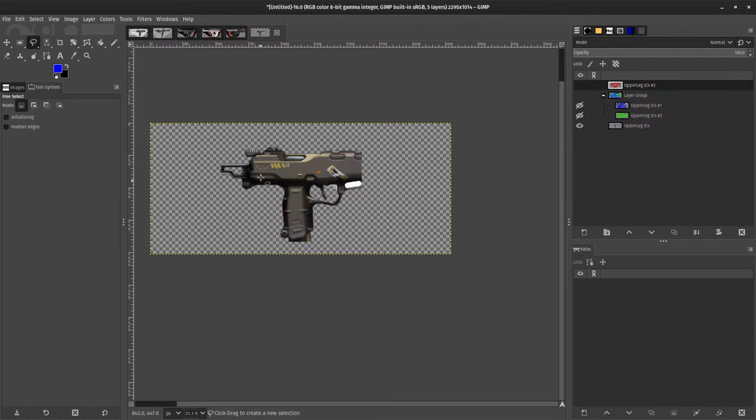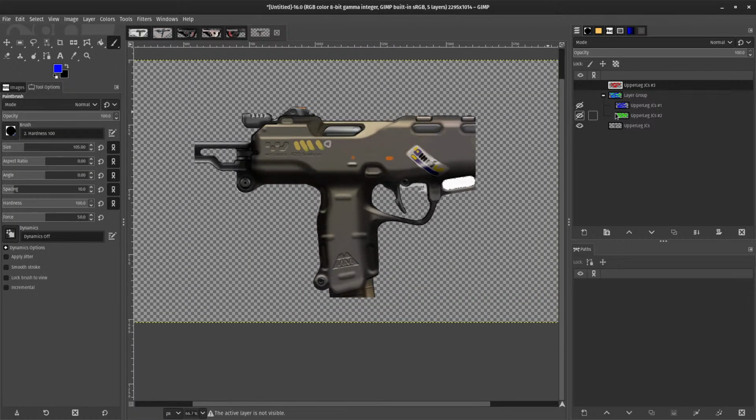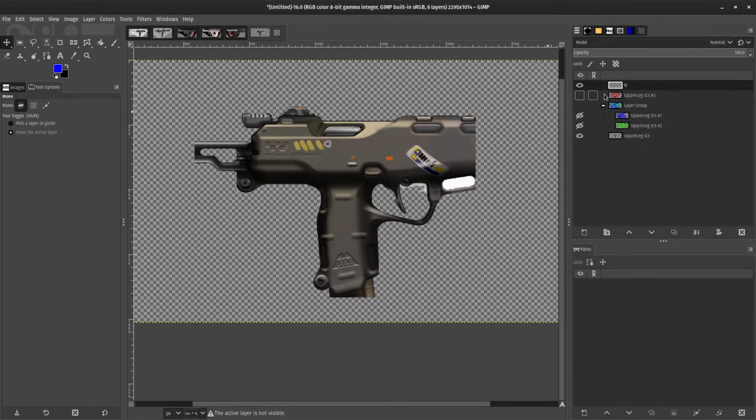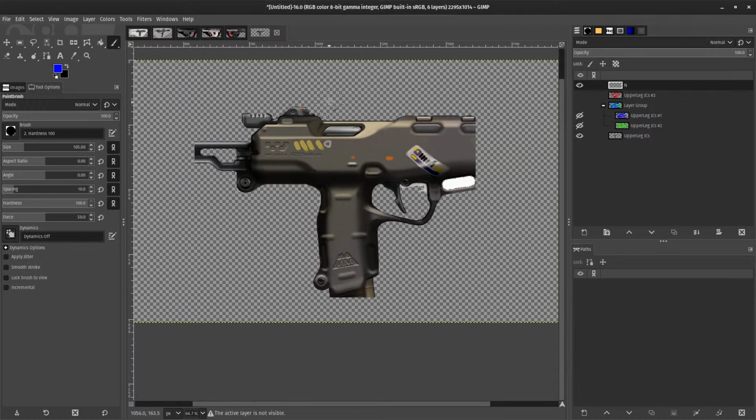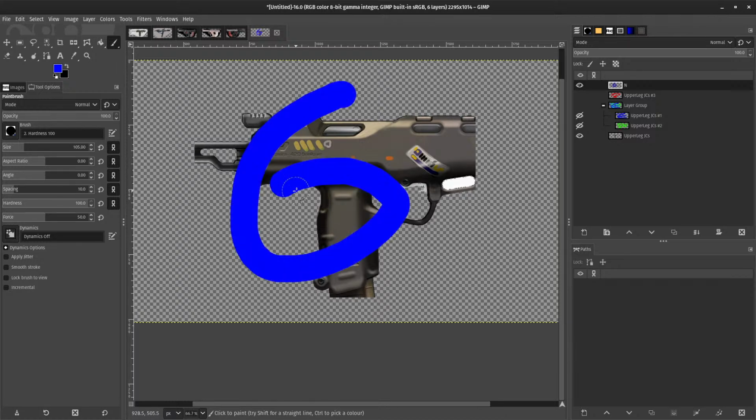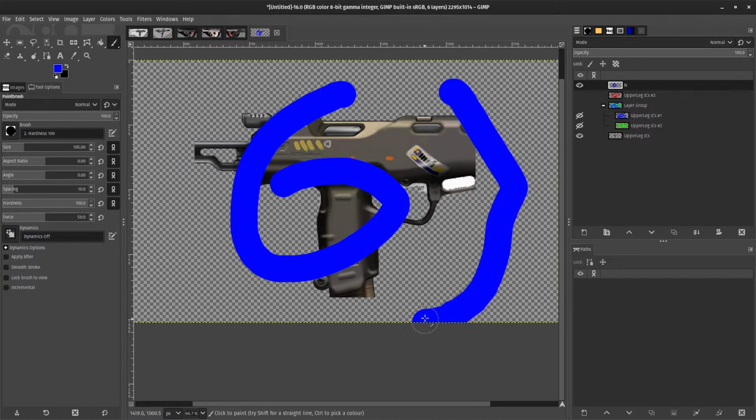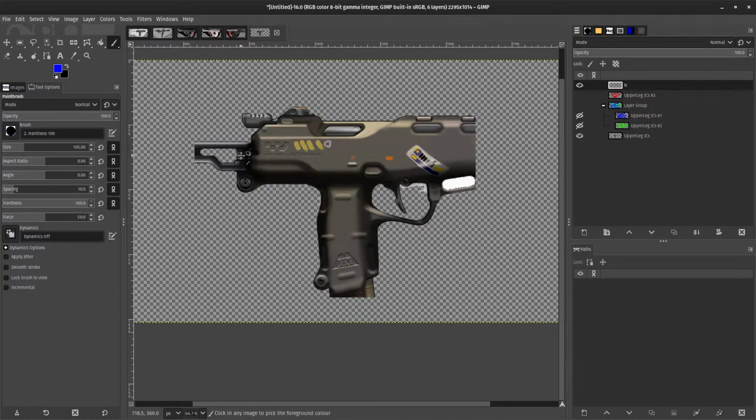Okay. One thing I wanted to point out is usually if you want to paintbrush something, you just, hang on, new layer. We're going to say, actually, no. Let's put an outline around. No, we haven't done selection yet. Okay, so we're going to do this. If you want to do really fine lines, you have to get in there and control your mouse very carefully. But